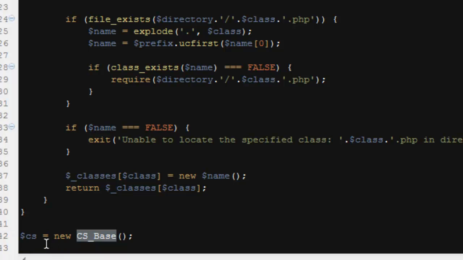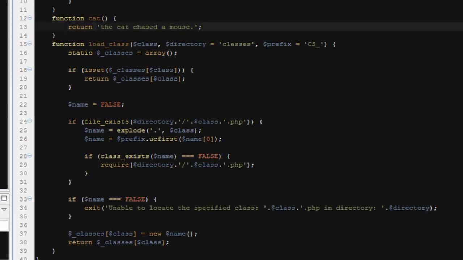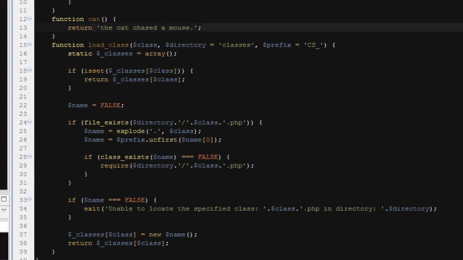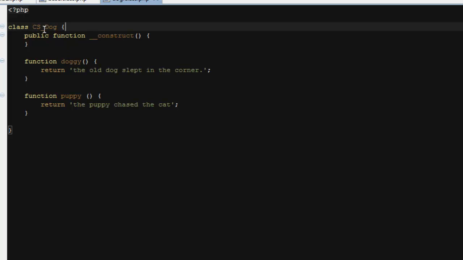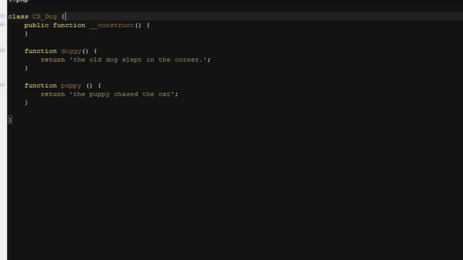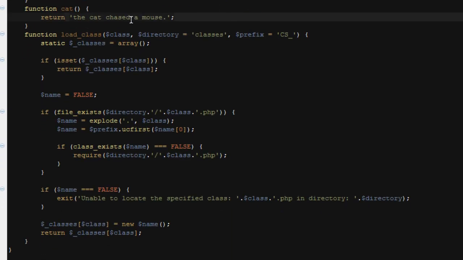I also changed the variable from CL to CS. CS in this case stands for Code Star. Now, because all my classes are having that, I actually renamed this one as well to CS_dog. So because all my classes are going to have that, I had to make two changes to my load class